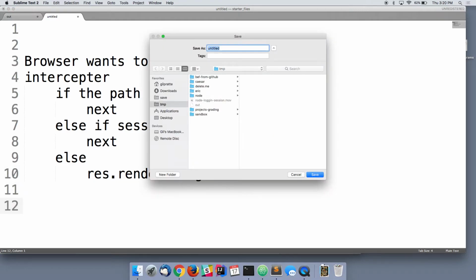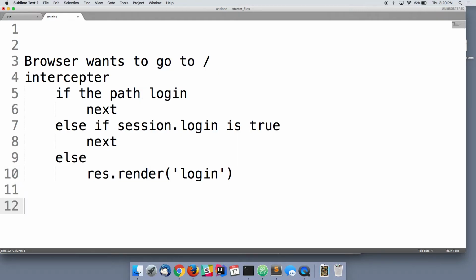How's that for what the interceptor needs to do? Interceptor. If the path is login, let it go. Otherwise, I'm going to see if they're logged in. If they are logged in, if I have set session login true, I'll let it go to next, wherever they're going. Else, I'm going to go